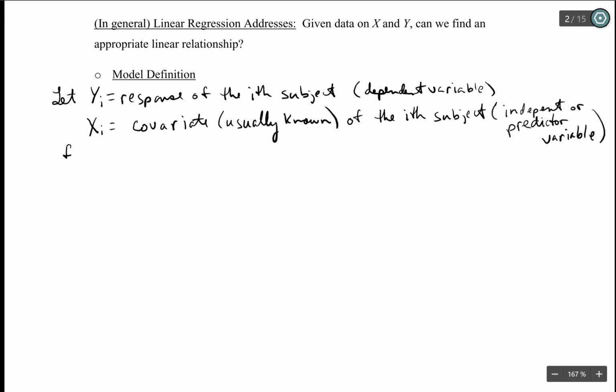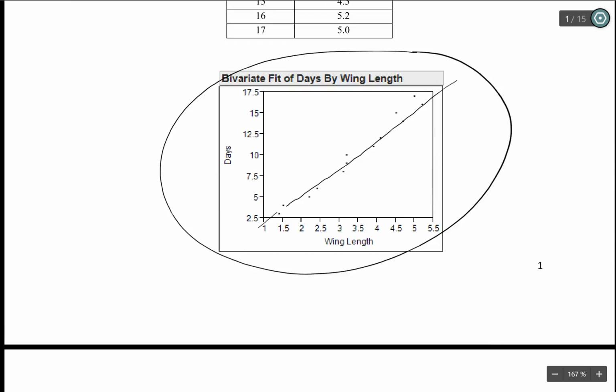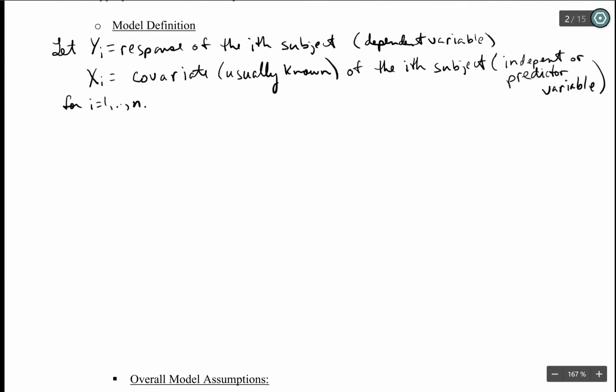Okay, and this is for I going from 1 to n. Clearly I've got n equal to 13. Yes, 13 pairs of data there. All right, so what we do is we model the responses as follows. So the responses are modeled by the following: